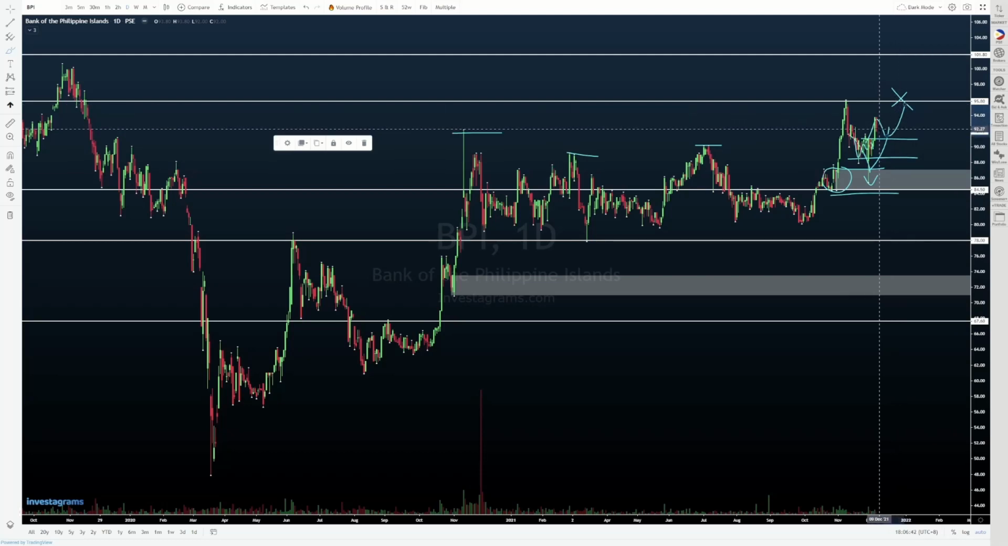Or syempre, everyone's favorite is tumuloy na lang na. Mabasag yung 95.8, target 101.8 next. Okay? So again, yun yung ideal na scenario na gusto natin mangyari, but we know na pwedeng mag-react from this